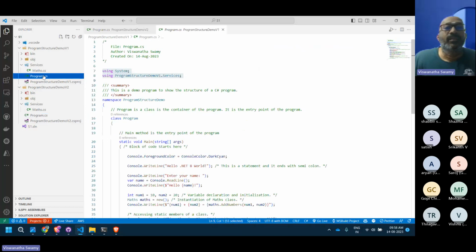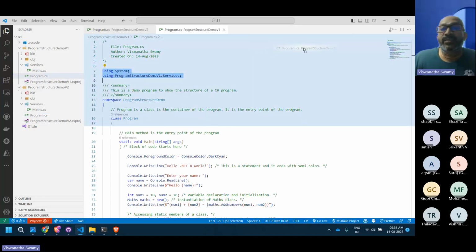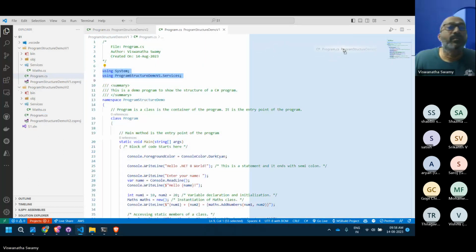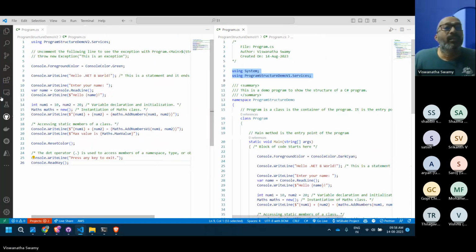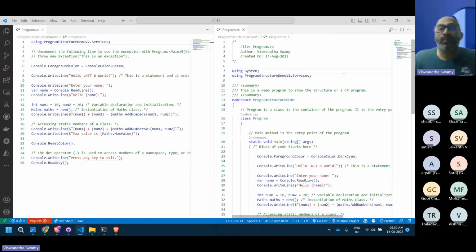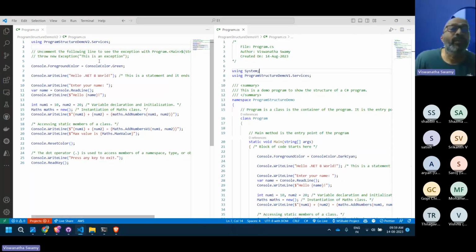Another difference is if you go to the program.cs and place it side by side, you can see that this is the top level statement, and this is without the top level statement. Without the top level statement, you have the namespace, the class, the program class, the main method. And here we don't have the namespace, the program class, or the main method.